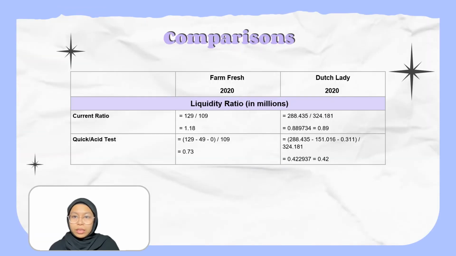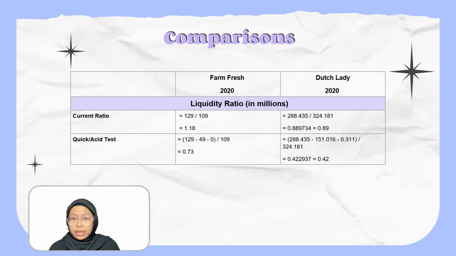To begin with, the liquidity ratio demonstrates the company's capacity to pay its current liabilities. Liquidity ratio also indicates whether the company has the resources to pay its liability when payments are due. For Farm Fresh, their current ratio is 1.18 and it is higher than Dutch Lady, which is 0.89. In this case, Dutch Lady may not be able to meet their short-term obligation with its current asset than Farm